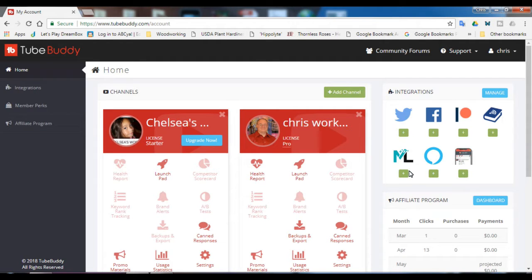Alright guys, so you've all taken a look at my descriptions. You've seen that I've been advertising for Tubebuddy. And here's the reasons why. It really makes life a lot easier. Once you get logged in and set up your account, just some of the very basics on why it's valuable and worthwhile is you can go ahead and launch the launch pad, and it will go ahead and